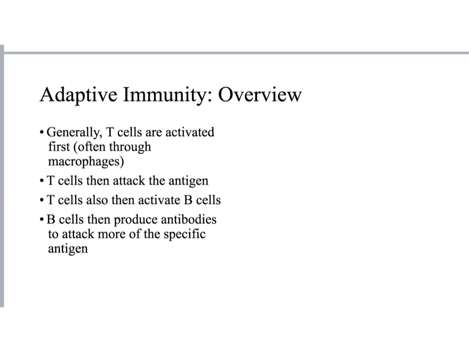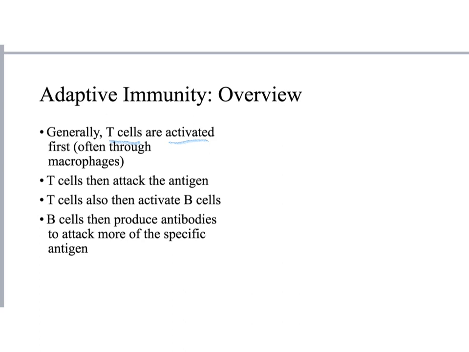So we've talked about the individual parts of the immune response, but I want to put it all together and talk about what's the flow, or how does the immune response get generated, and how does it move? What's the timeline for adaptive immunity? So this is just an overview slide. And we should really think about T cells as being the first cells that are activated. But in order for a T cell to be activated, it has to be